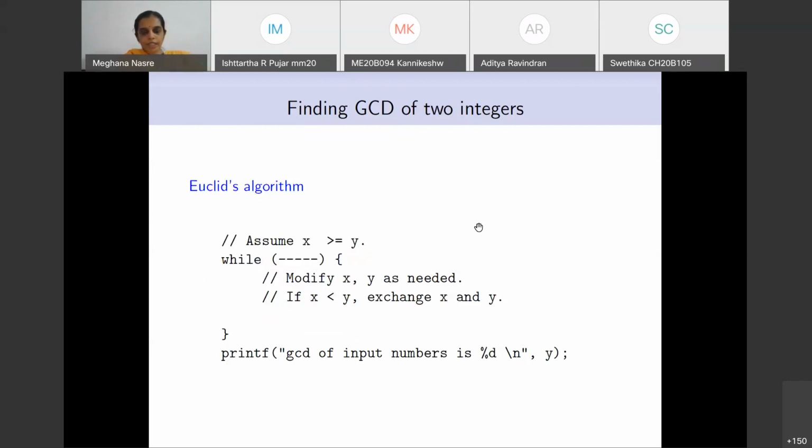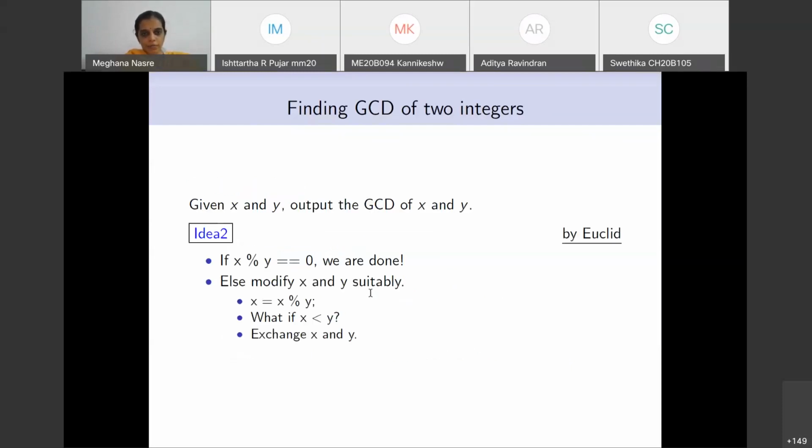So the template of the program that we are going to write now is the following. We will assume x is greater than or equal to y. We'll do some pre-processing. If x happens to be less than y, we will swap it. There is a while loop where we'll have some condition that we will check. Then we modify x and y as we said. In fact, we will have x is equal to x mod y.